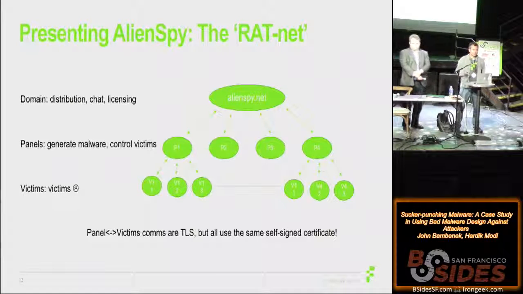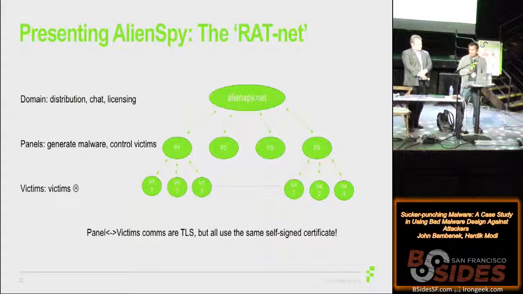So we think of Alien Spy in particular as a rat net, and this is totally akin to a botnet. There's the person who is writing the software, who is publishing new malware, who is making it available on a site, in this case alienspy.net. Eventually, there are lots of people buying the package and using it for their purposes, and what they're essentially buying is the panel, which they install on their systems. That's where they generate malware. The malware that is generated, they try to deliver to victims, get them to install, and one might assume that every buyer of the software is going to have multiple victims.